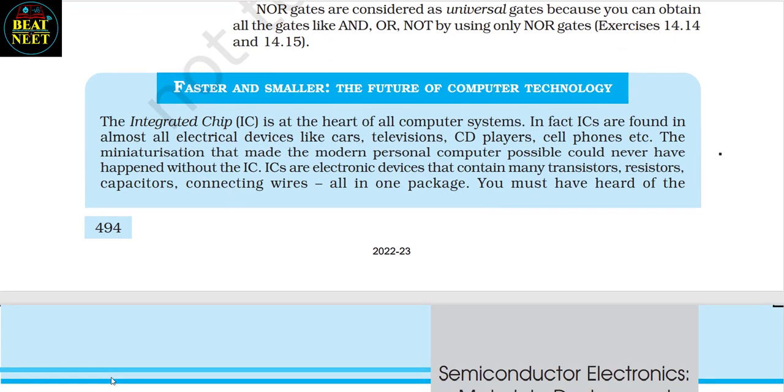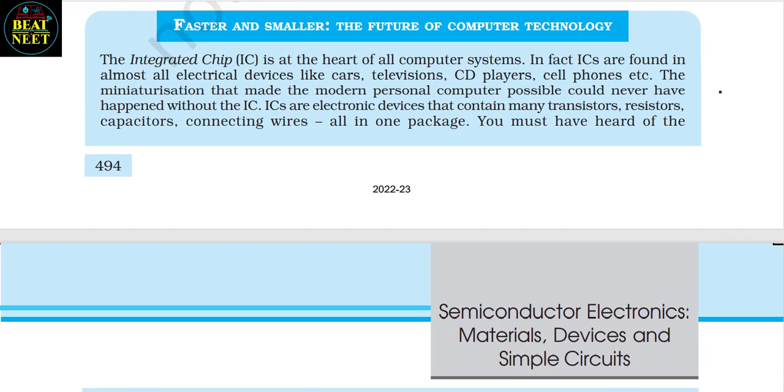Faster and smaller, the future of computer technology. The integrated chip, IC, is at the heart of all computer systems. In fact, ICs are found in almost all electrical devices like cars, televisions, CD players, cell phones, etc. The miniaturization that made the modern personal computer possible could never have happened without the IC. ICs are electronic devices that contain many transistors, resistors, capacitors, and connecting wires, all in one package. You must have heard of the